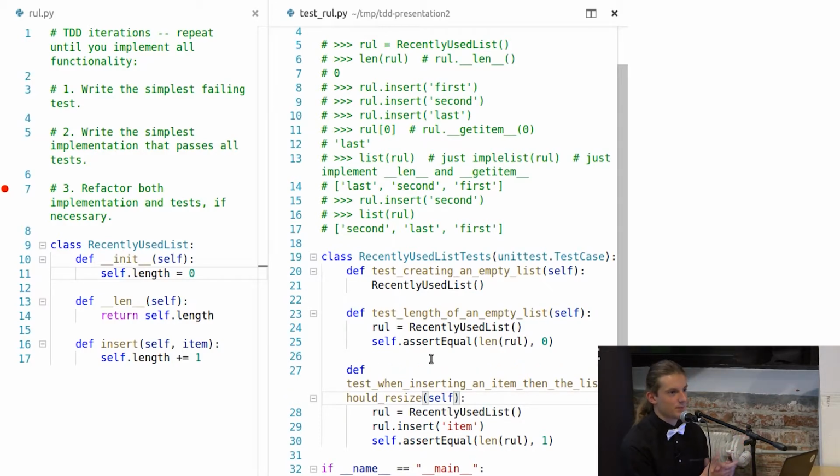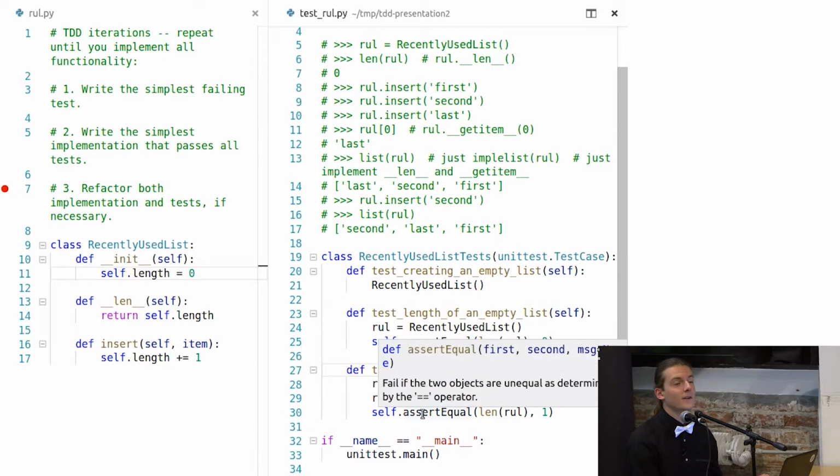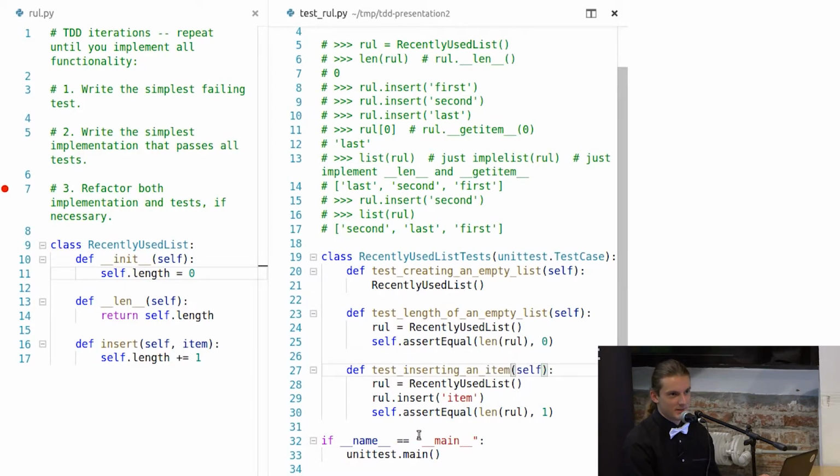But it's not really, well, it can be done in this way. It can be also just test inserting an item. In my opinion, both are good. Then you should check whether the item is present. Yes, but this is the idea for the next test.